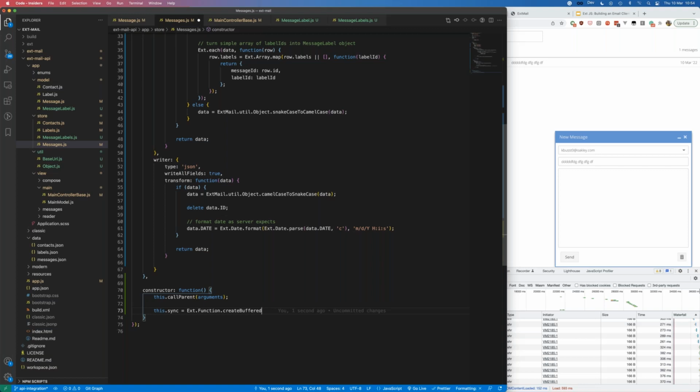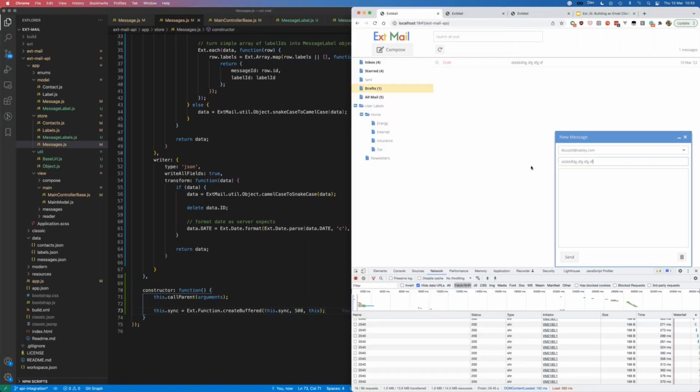So if the method is called subsequently from the first time, it will then reset that timer. So basically, it will always wait. If there's lots of things flooding in at once, it will wait until the last one comes and there's a timeout after that. So what we're going to do is we're just going to pass in this.sync, which is the method we want to override. Because this returns the buffered function, we're going to set the function there, and then we're going to give it a buffer of 500 milliseconds just to slow things down, and this will be the scope that the function runs in. So now if we refresh